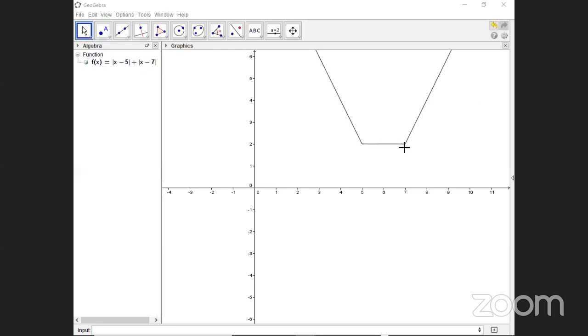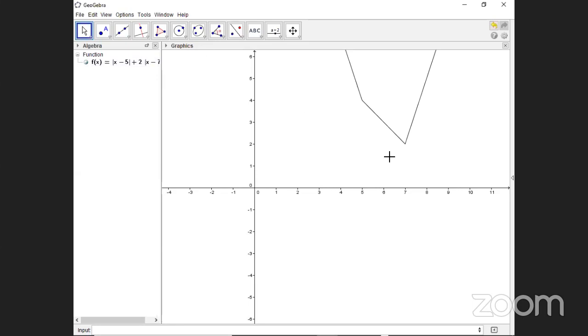This is the graph of mod of x minus 5 plus mod of x minus 7. What is the meaning of this? 5 to 7. If I put x equal to 5, this will be 0. If I put x equal to 7, this will be 0, right? Correct? So in between 5 to 7, there will be constant. Then after 7, it is increasing. And before 5, it is decreasing. Right? And if I multiply this by 2 here,